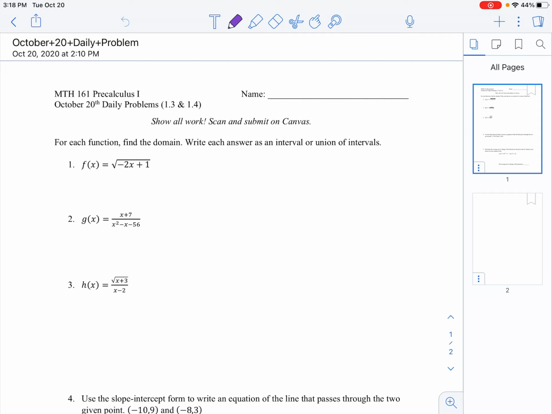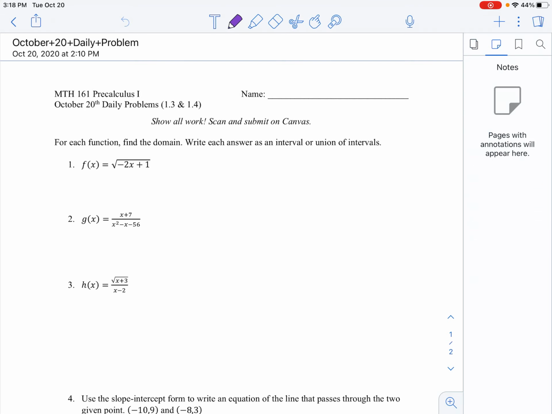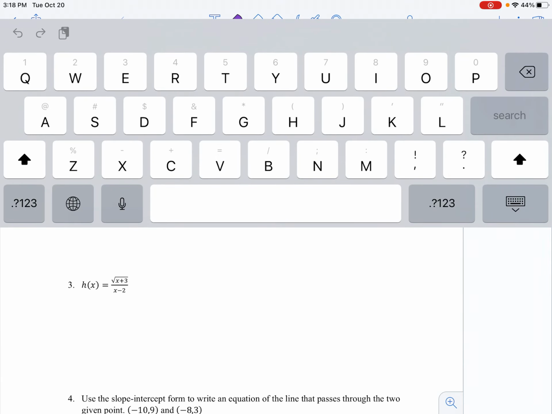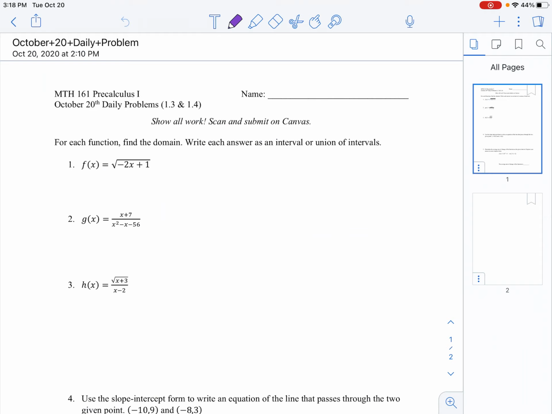Let me see if I can get rid of this. Oh, no. What am I doing? Oh,